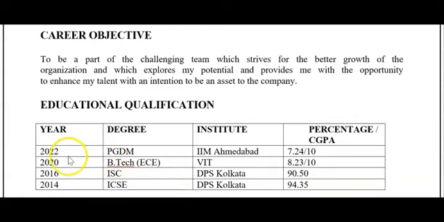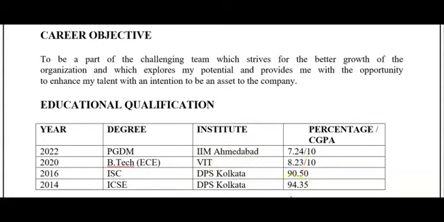So we can see in 2022, this particular candidate has attained this degree of PGDM from IIM Ahmedabad with a CGPA of 7.24. In 2020, he has attained this degree of BTech in the ECE stream from VIT with a CGPA of 8.23. In 2016, he has qualified ISC from DPS Kolkata with a percentage of 90.50. In 2014, he has also qualified ICC from DPS Kolkata with a percentage of